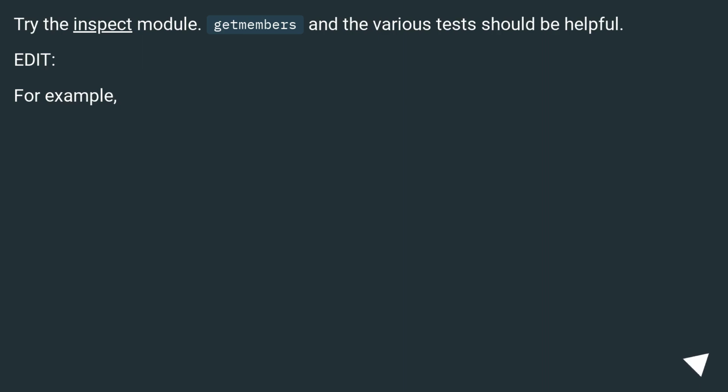Try the inspect module. getmembers and the various tests should be helpful. Edit: for example,